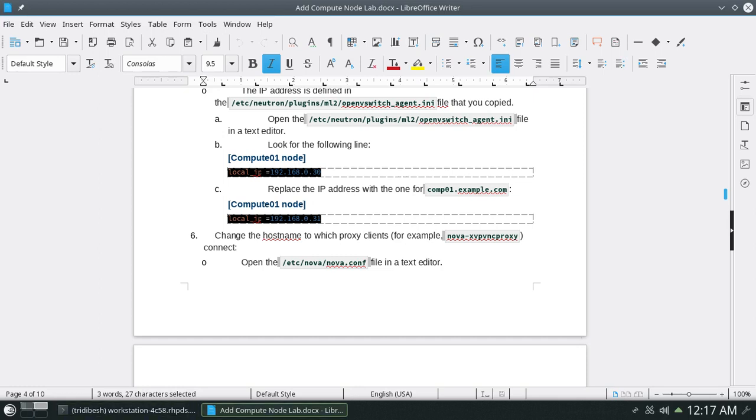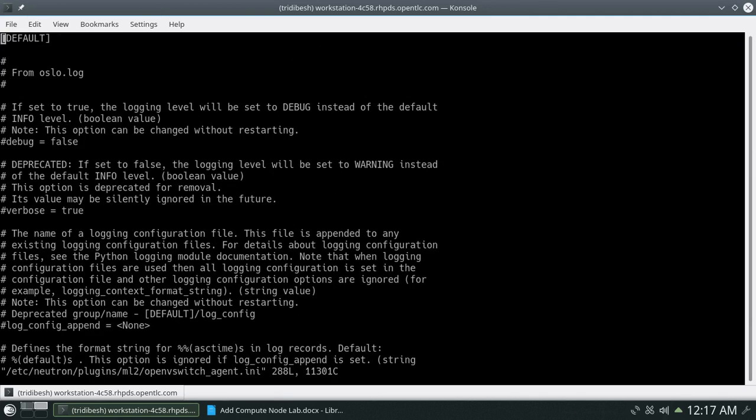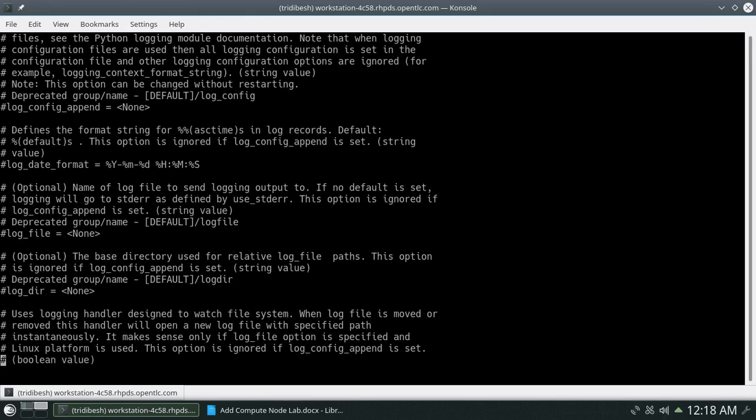So let's open this file. We'll be checking the IP details.